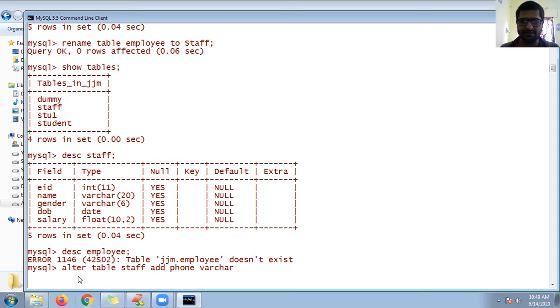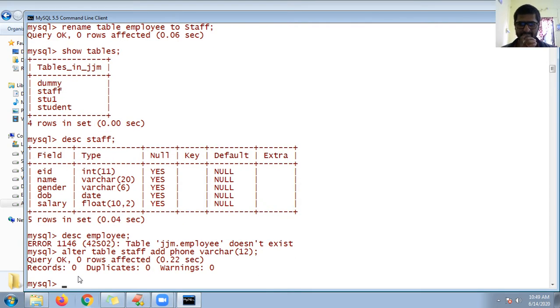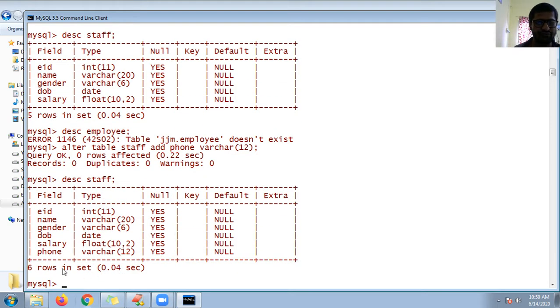Let me show that example. Varchar of, suppose for phone number, 12 digits. Semicolon. Phone already exists. So describe staff. So phone is added.